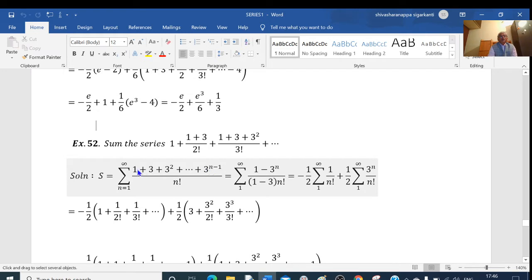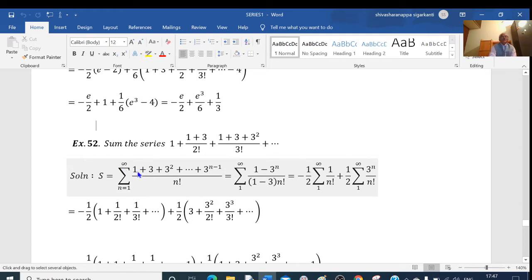then n equal to 2 means I am getting 2 terms here. That n equal to 2 means 3 to the power of 2 minus 1, 3 raised to 1 is 3. Last term is 3, first term is 1. That is only 2 terms I am getting. 1 plus 3 divided by 2 factorial. Yes, I am getting. If I put n equal to 3, denominator 3 factorial, then I am getting 1 plus 3 plus 3 square. Yes, I am getting these terms. And my summation is from 1 to infinity.